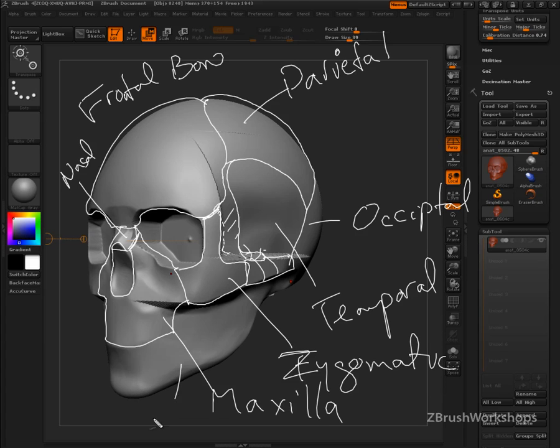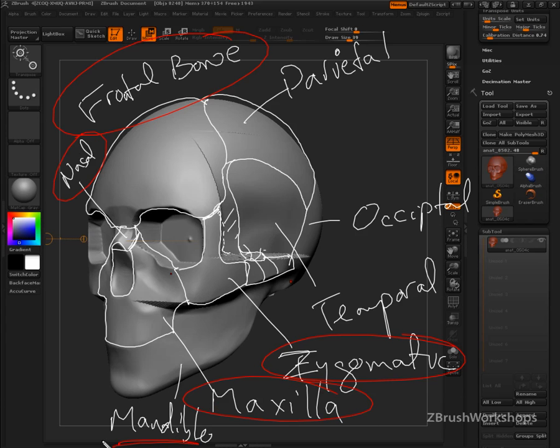Then, of course, down here at the bottom, we have the mandible. So you'll hear me right now talking about the frontal bone. This is the most important. You'll definitely hear me talking about the zygomatic and the maxilla and the nasal. Mandible, of course, we've already dealt with to some extent. Rarely will I be talking about the occipital or the parietal or the temporal bones, although they all form this